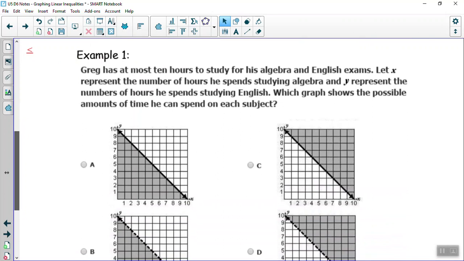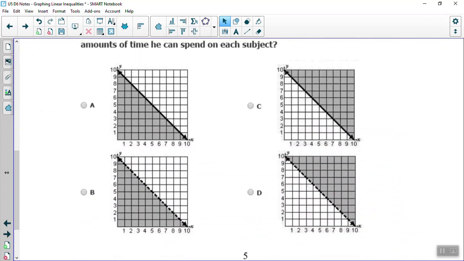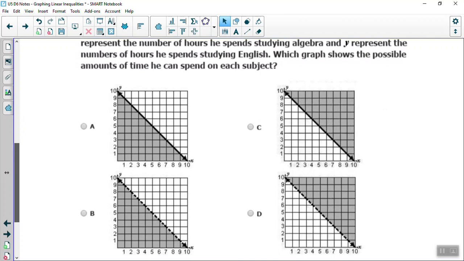All right, well, when I look at my graphs, I see that they all look almost the same. My numbers are exactly the same on the X and Y axes. My lines all seem to have the same slope. They all seem to hit the Y and X axes at the exact same point. The only differences between the lines are 2 of them are dashed, 2 are solid, 2 are shaded below the line, 2 are shaded above the line. So that's what we need to look for, is what kind of line are we dealing with and